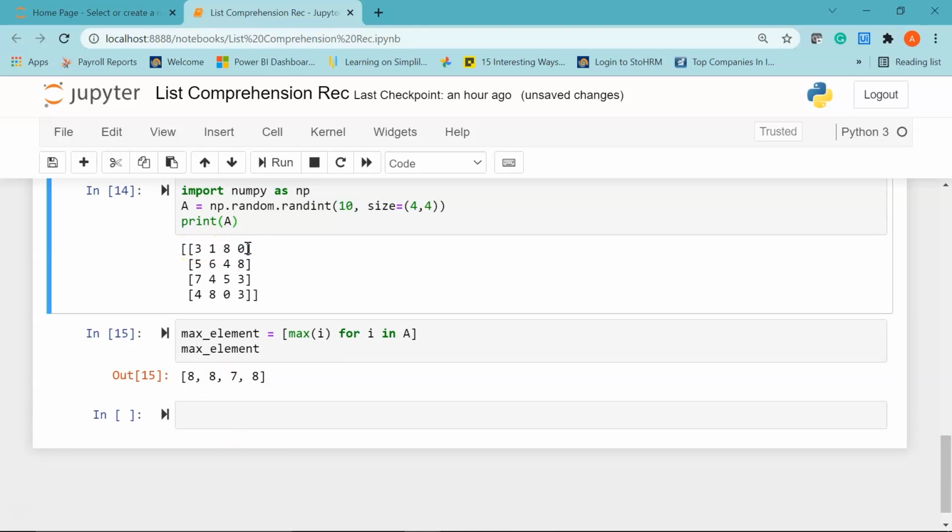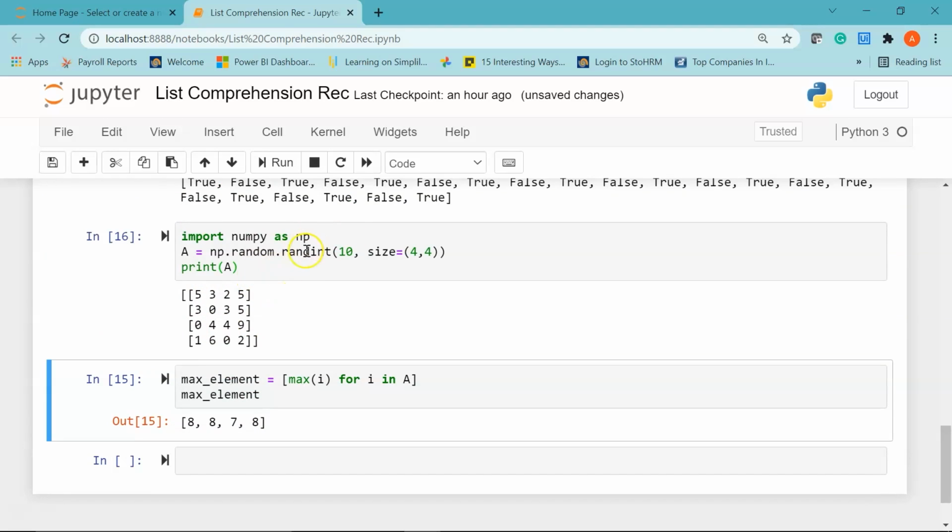In the first row we have 8 as the maximum element, and in the second row again 8. In the third row we have 7, and in the fourth row we have 8 again. Now if I run this again, my randomly generated matrix changes. Now if I run it, you can see 5, 5, 9, 6 are now the maximum elements. Cool.